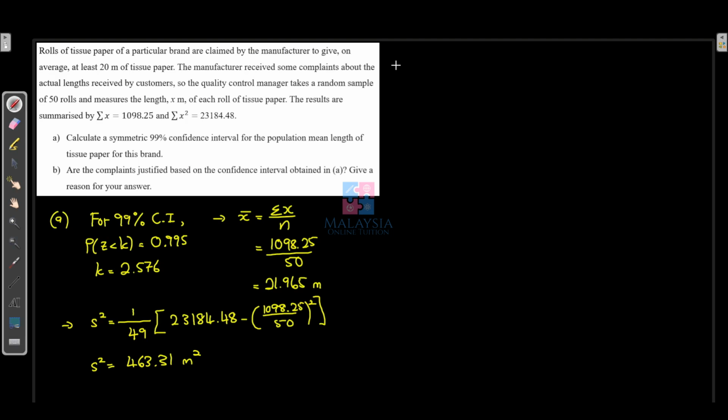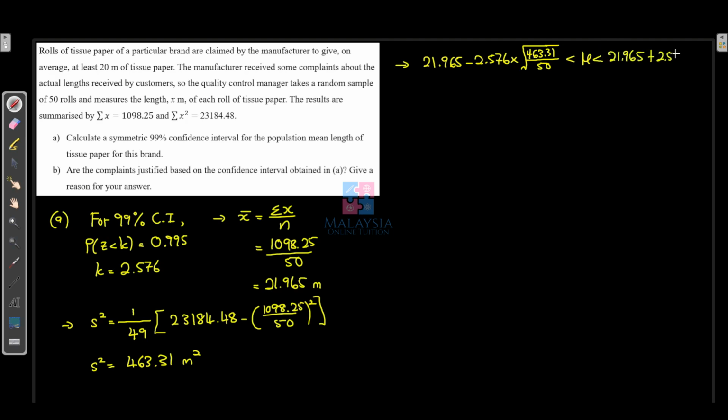Okay, this is the unbiased estimates of the population variance. So now we can use the formula. So x bar, which is 21.965, minus our value of K, 2.576, times, since we want the unbiased estimates of the population standard deviation, we put the square root, and then for the 463.31 over 50, less than the population mean, less than,